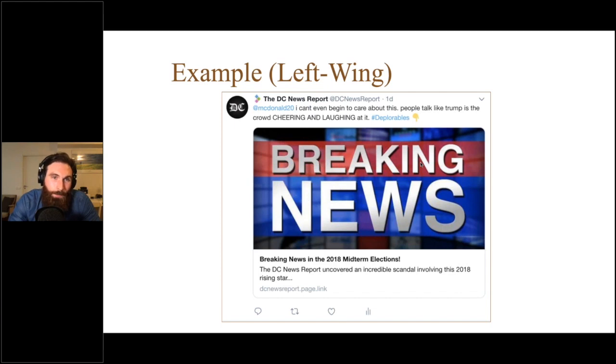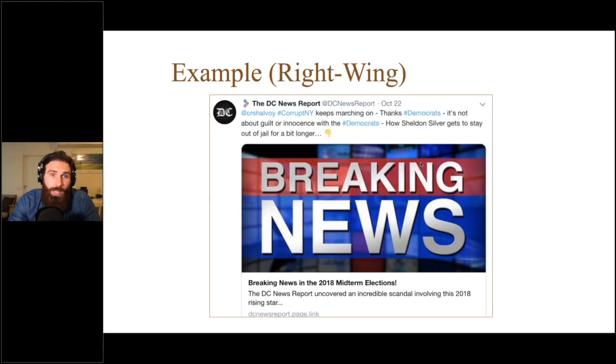if they had clicked the DC News report, they would have seen that it had 0 followers. So it was clearly fake, but interestingly, only 2 or 3 people actually went and verified the source of this account, which is also interesting. And some people even retweeted the content without even checking the source validity. Here's a right-wing example. Again, you can see how the machine just splices different parts of tweets together.